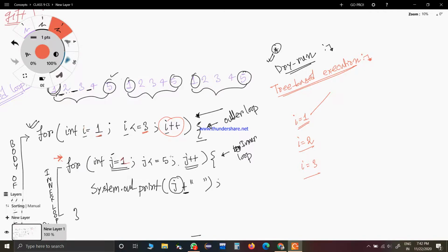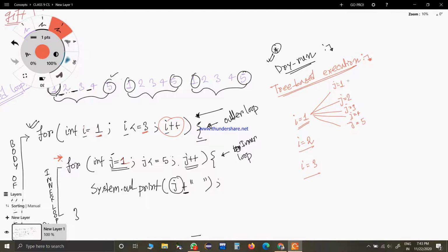From j equal to 1 to 5. So j equal to 1 is possible, j equal to 2, j equal to 3, j equal to 4, j equal to 5. Understood?